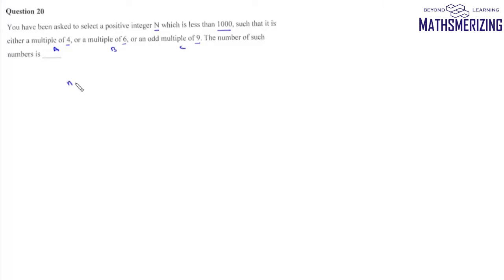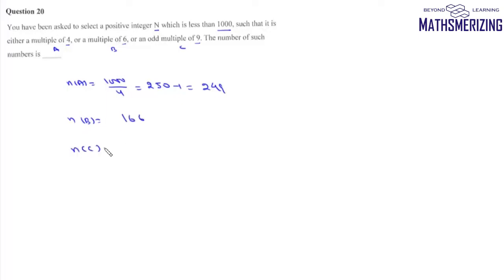So we'll find the number of elements in this set A, which are multiples of 4. So numbers which are multiples of 4 is 1000 divided by 4, and there'll be 250, excluding this 1000 because 1000 is not included. So we'll have 249 such numbers. Then the number of elements in this set B which are multiples of 6 will be 166, and